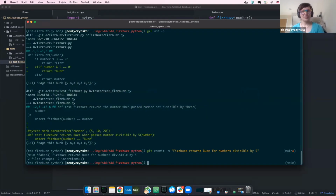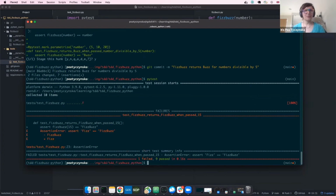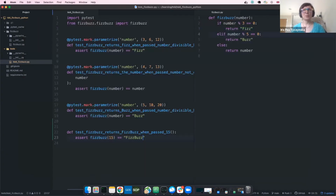Let's see. PyTest. And no, it doesn't return Fizzbuzz. So we will have to make that condition first. Yes, they do test each other. That's true. Because if we put our next test case here...